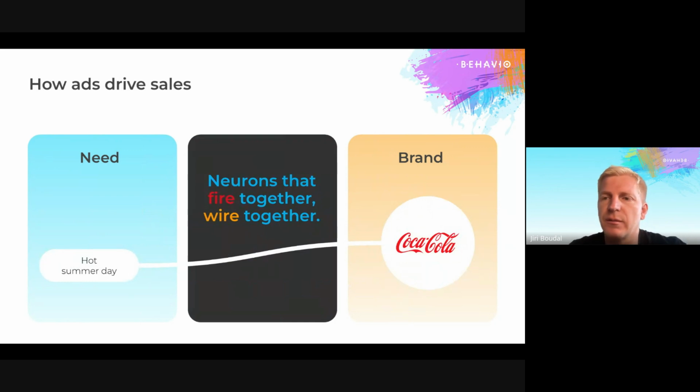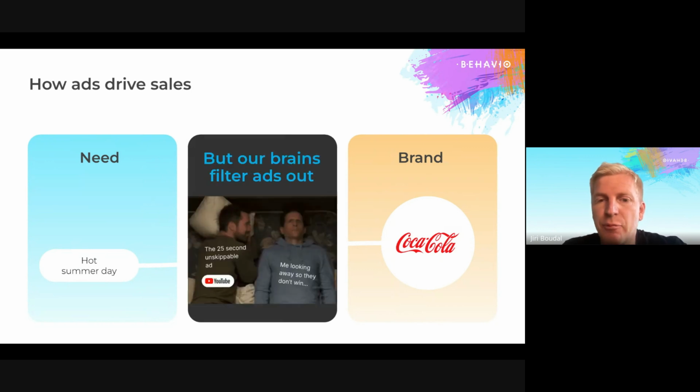Now, how does it work? The principle we also use for kids learning a language is neurons that fire together, wire together. So technically, if you have a 30-second video spot and you show the situation when people should think about your brand, along with the brand, there's already a link, a memory connection, being built. The problem is that there are so many ads. We're so fed up with watching all of them. We don't want to see any ad again,